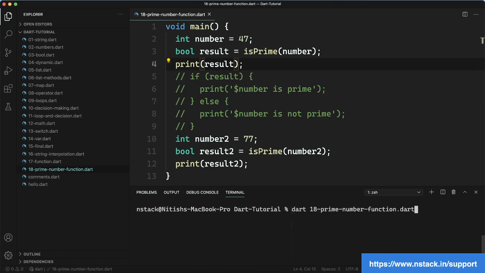So let's run this, and for the 47 it is saying true, it is a prime. For the 77 it is saying false, it is not a prime because 11 is the factor of it. Okay, and 7 is a factor, the 1 is a factor, 77 is a factor. There are, I think, 4 factors. I'm not sure if I'm correct, there could be more factors, I don't know, leave it, but there are more than 2 factors, we are aware of that.